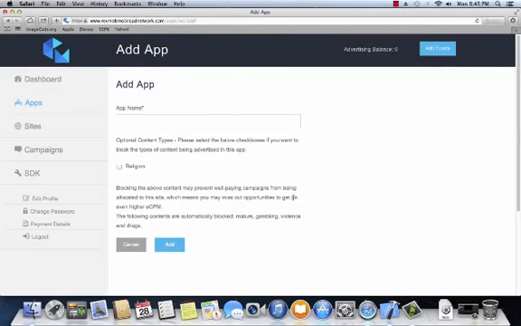Alright, so head on over to revmobmobileadnetwork.com or just revmob.com, and you can create an account. You go to the apps page, and at the bottom you should be able to click on iOS add app. First thing we're going to do is just add the app name, and you can choose to optionally block